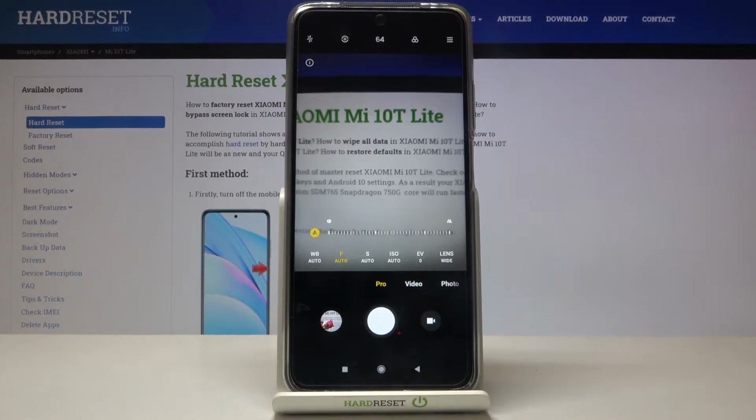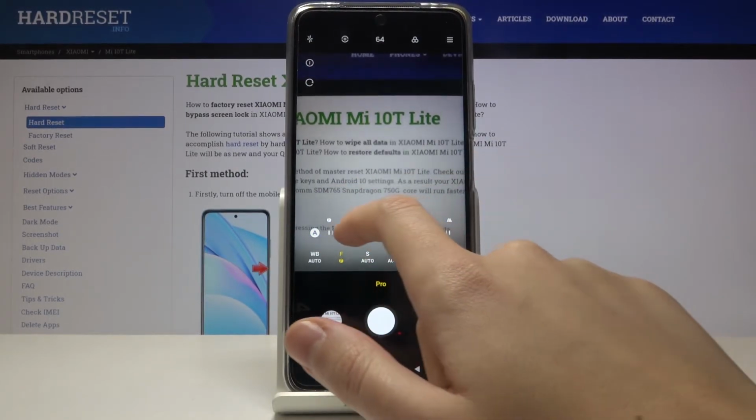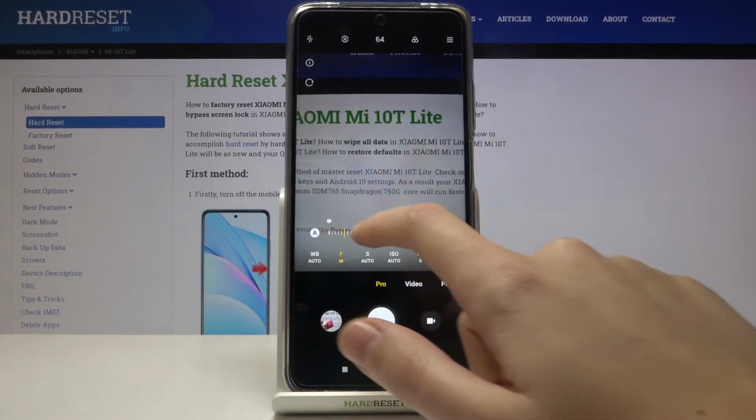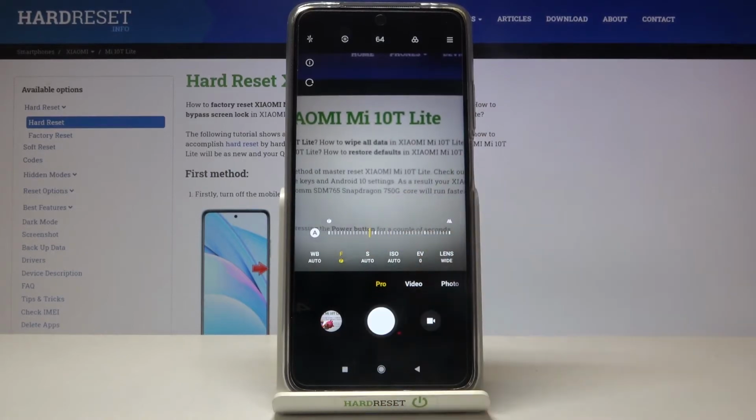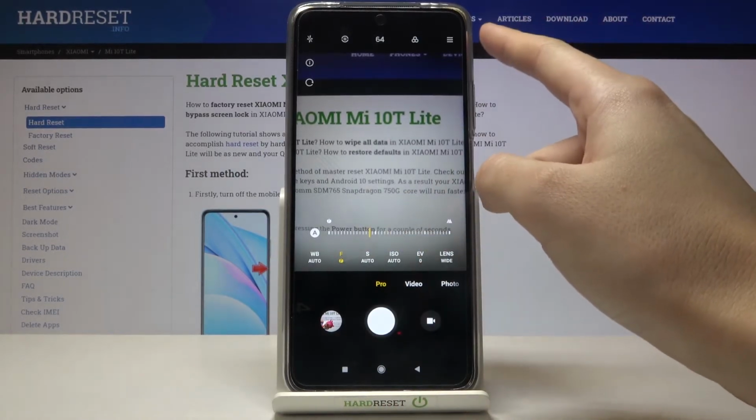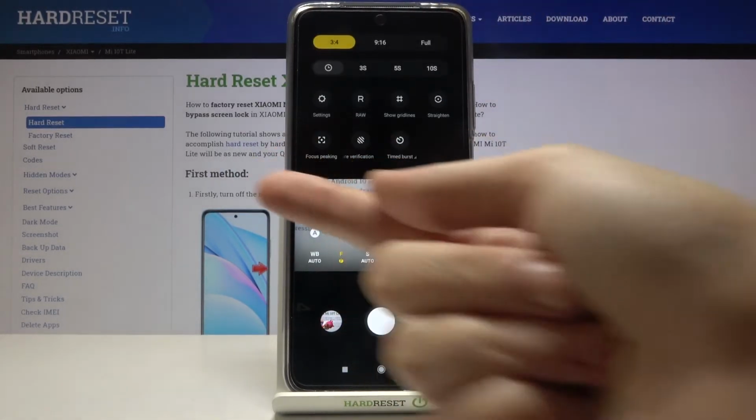Here we have the focusing. Now we are on the autofocus. By using this slider, we can change it to the manual one, and as you can see, this is how it works. And now let's go again to this button here in the right corner to get access to the